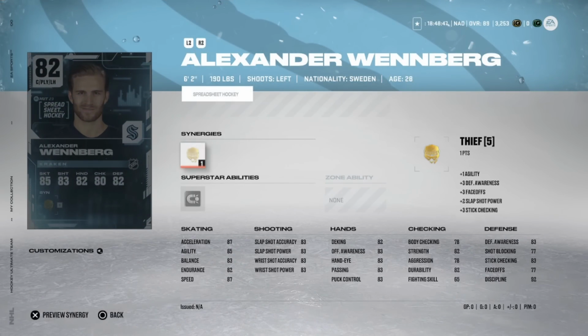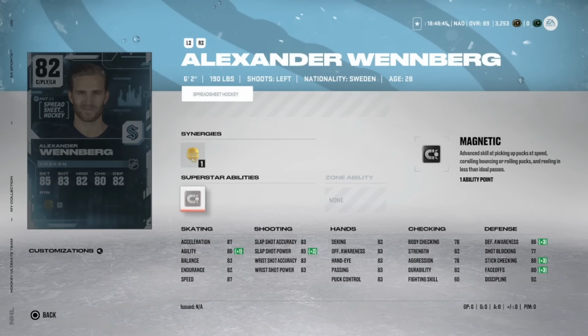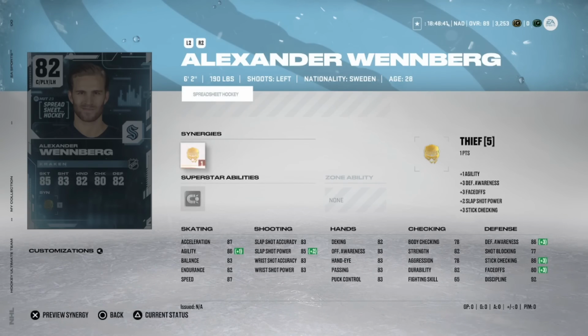Next, we've got the 82 Alexander Wennberg with Thief and Magnetic, 87 speed, 87 acceleration, and 80 face-off with Thief. He is 6'2". If you are someone who is very good on the face-offs, if you aren't, you can watch my face-off video, but nonetheless, at 6'2", 87 speed, 87 acceleration,